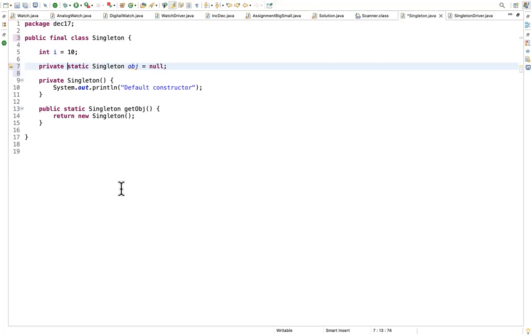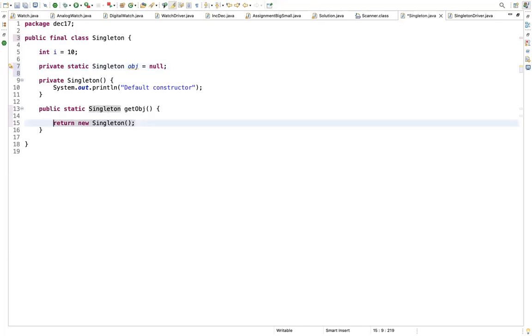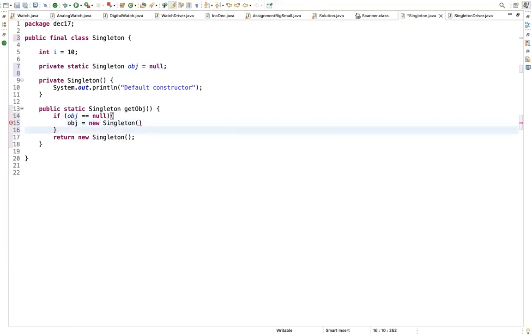Cool. Now within the method getObject, can we have one if condition? If my object is equal to null, only then I'll create an object, otherwise I won't. Within that, create your object and assign it to the obj which is defined outside. Instead of giving return, give obj equal to, copy that new Singleton and paste it. Yeah, cool. Okay, semicolon. Do we need to have any return? Yeah, we need a return. So give return obj.